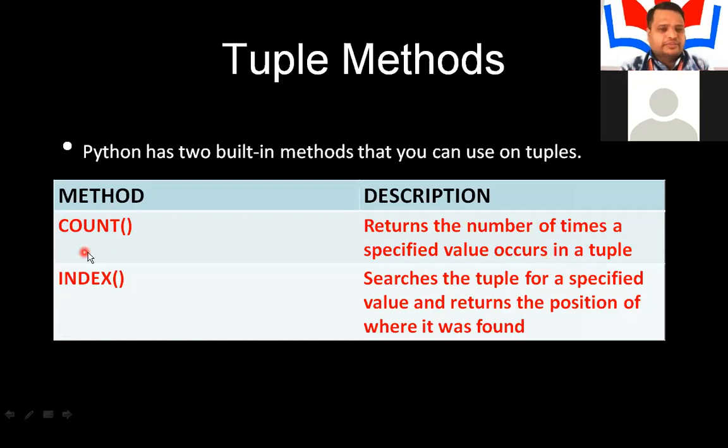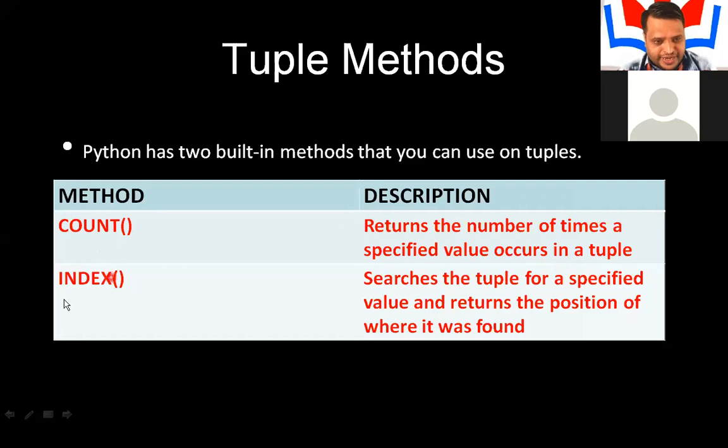Count, the name itself indicates it, right? Suppose I tell you to count how many lecturers are taking the online classes right now, you will tell 1. According to the array, you will tell it as 0. So like that, count here is nothing but counting the number of times the value has occurred.